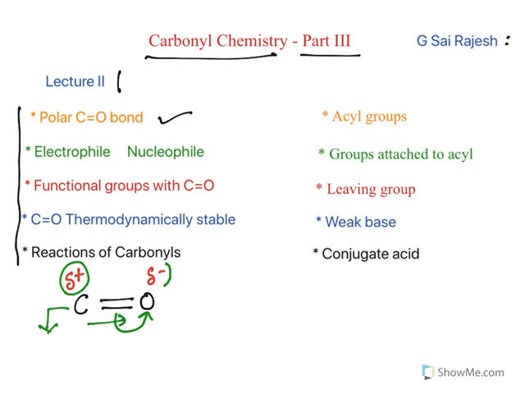Now, what do we mean by this electrophilic center? Electrons contain a negative charge. Phile means loving. So in general, opposite charges will attract each other. This positive charge will get attracted to a negative charge. Because of this, it is called an electrophile: electron loving or negative charge loving.